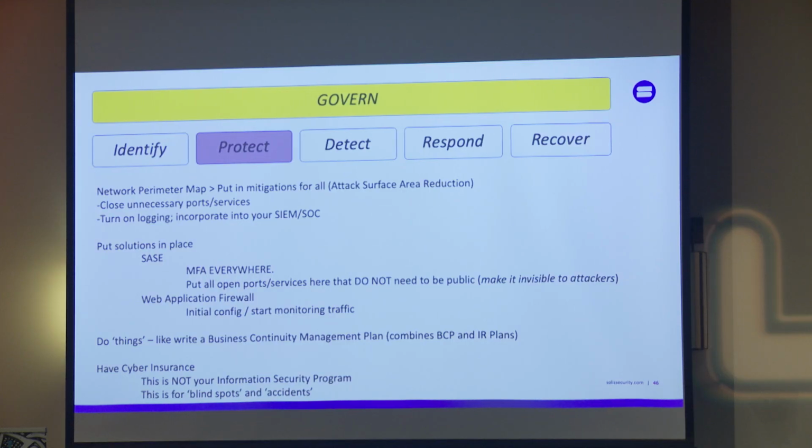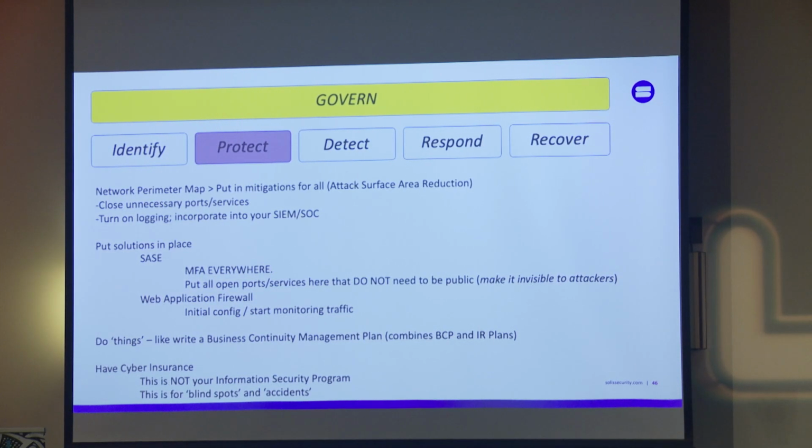Same thing with BECs, right? Training your employees, who are your weakest link, can also make them your human firewall. So use a SASE and put MFA everywhere. Everywhere. Don't just lie on your insurance applications. "You have MFA? Hey, Bob, we got MFA?" "Yeah, I think we got some MFA." "Yeah, we got MFA." And then all of a sudden you get hit, right? It hurts everyone's insurance. And then use a web application firewall.